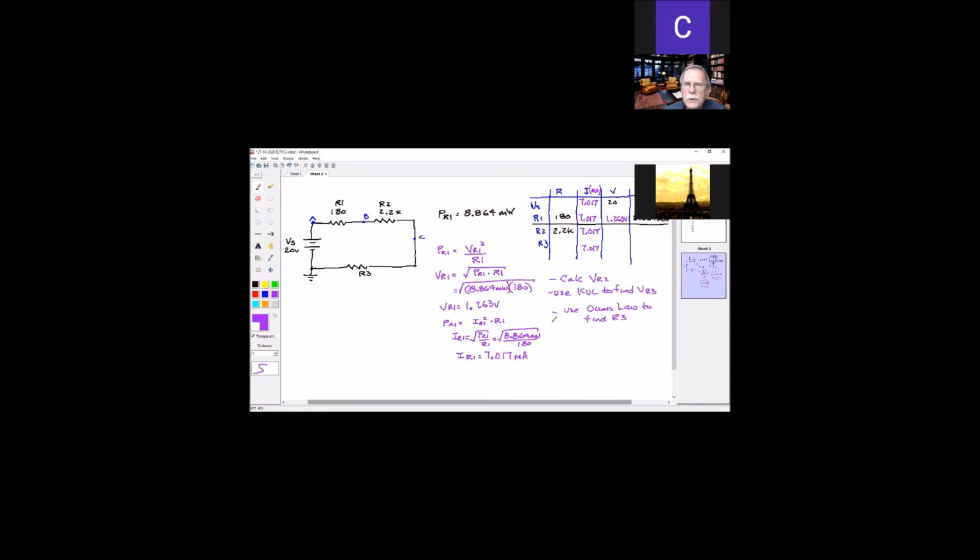Now, one of the things we didn't talk about, I said before that this is sort of an irrelevant value. It is, but it isn't. This value is RT. It's not the resistance of the source, but it's the resistance that the source sees. So I could say that RT is going to be V sub S over IT, and then use that